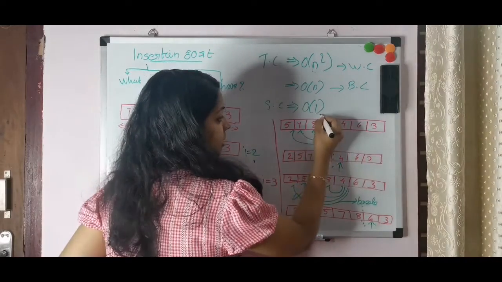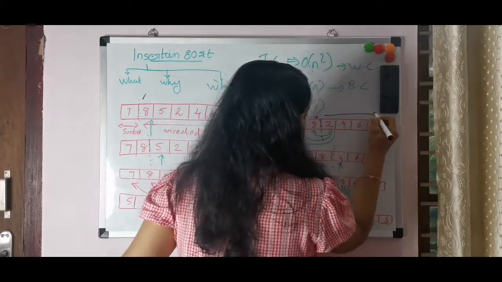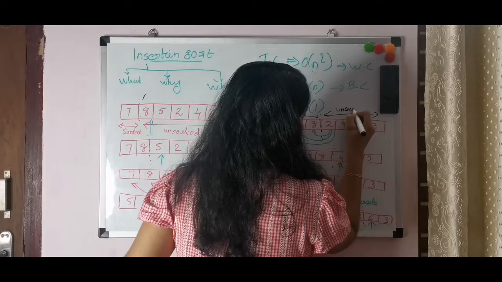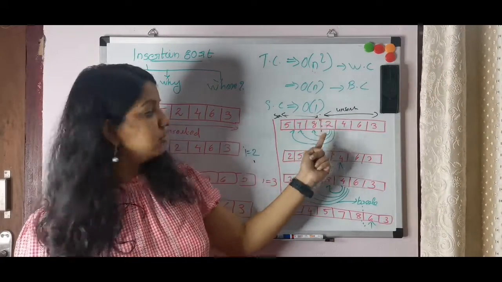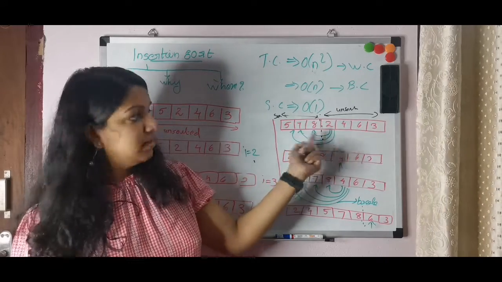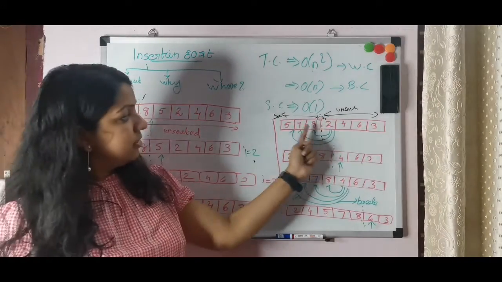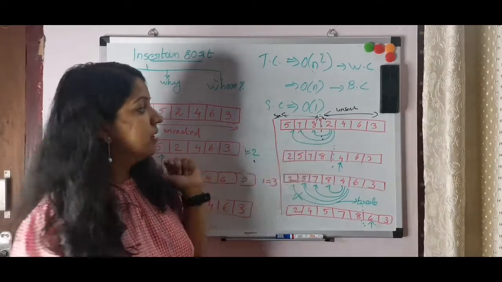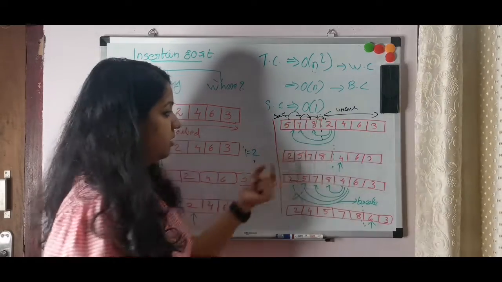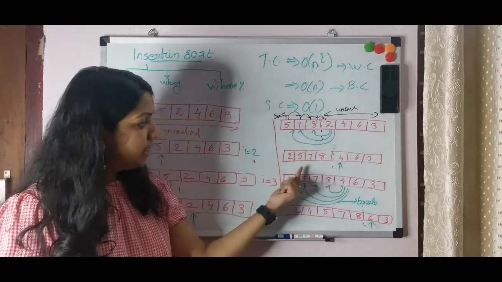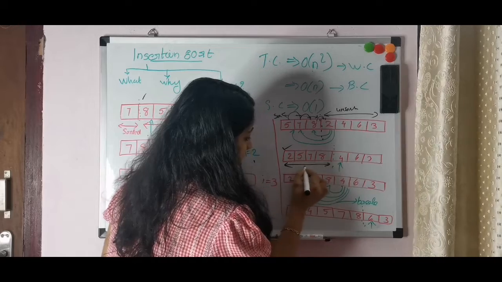So already this part of the array is sorted, and this is unsorted. Okay, and the next, 2 is checking to 8. 8 is greater, so this is not a correct position. 8 is moving to here, and 7. 7 is not in a correct position. 7 is moving to the 8 position. And 5. 5 is moving to here. So what will happen? The 2 will be placed here. So this is the correct position. So this array will be sorted,